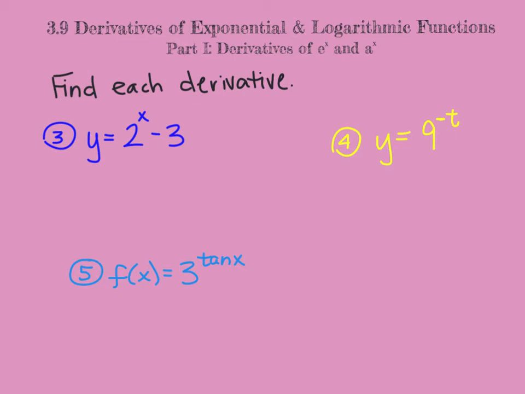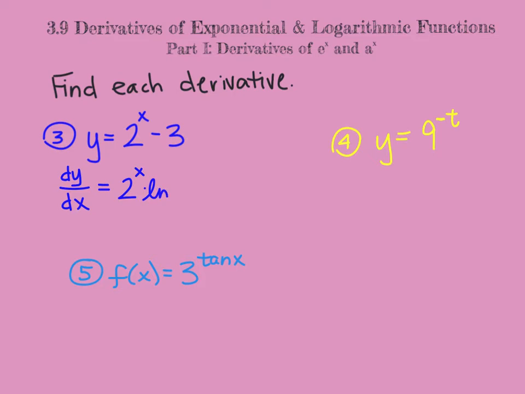These next three problems are dealing with a to the x. Again, a is just any number that's not e, because any number that's not e is like 2.718... Any number that's not that special number has a more particular derivative that we need to write out. e to the x is special because it is just its own derivative. So when we take a look here, we have 2 to the x. So in order to take the derivative of this, dy dx, we use our rule for a to the x. And that rule was it's its own derivative